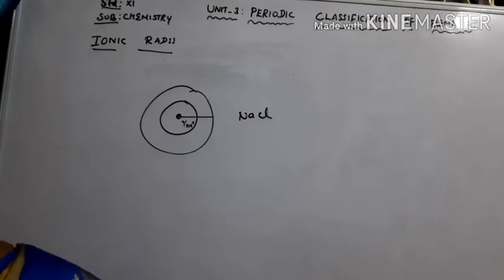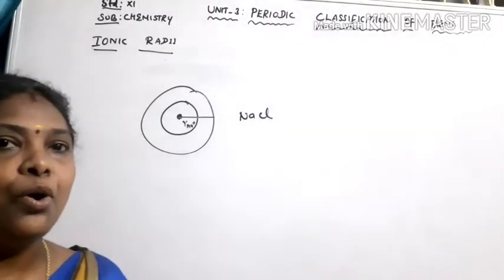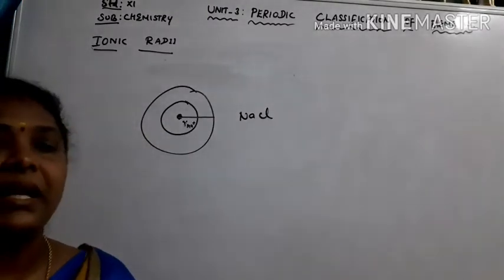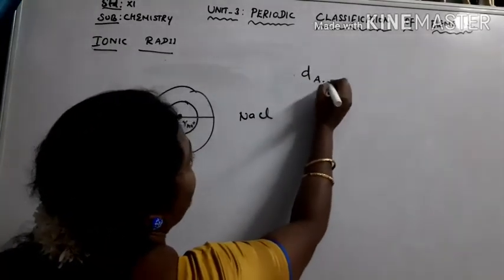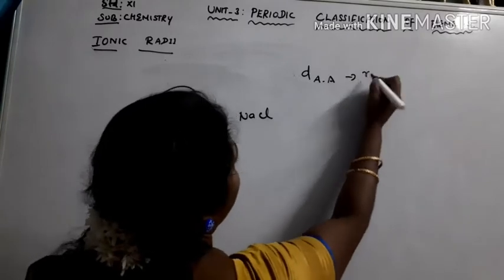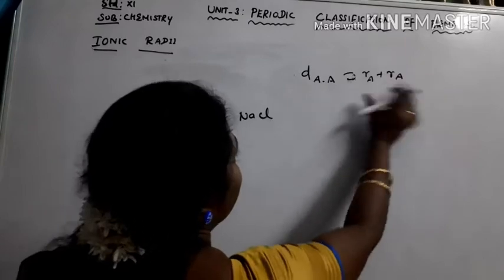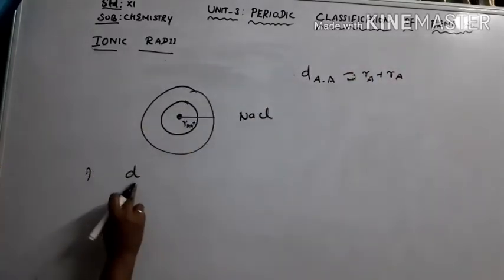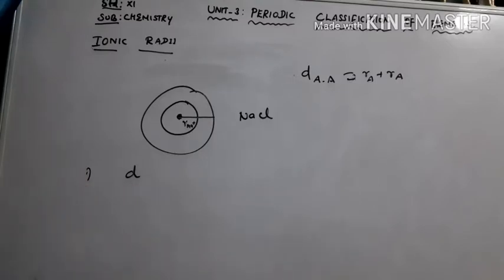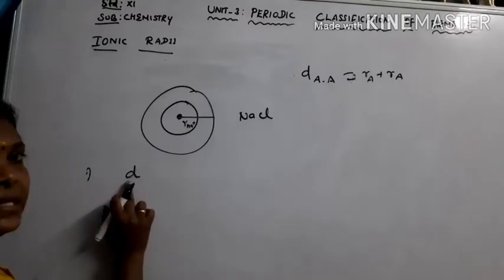So actually we know that already, I told you. If you consider the covalent radius, can you remember how we calculated the radius of covalent molecules? The interatomic distance between the two atoms in a crystal is equal to the radius of the two atoms, isn't it? In this way we have calculated. Like that, he is also saying that the interatomic distance, which is denoted by the letter D, the interatomic distance between the cation and anion in a crystal, D is called the interatomic distance.